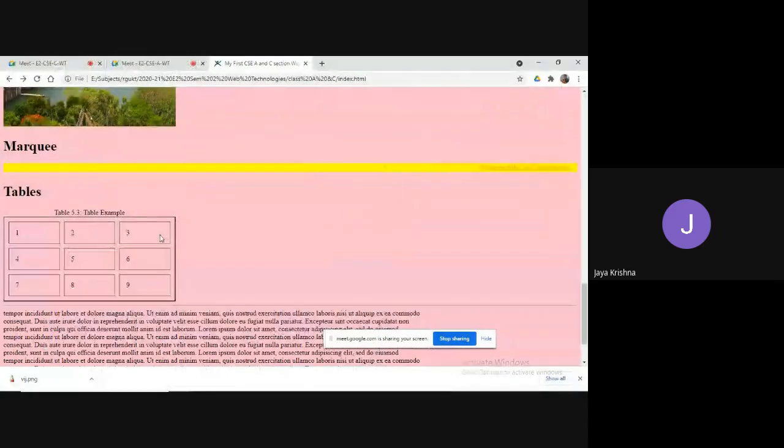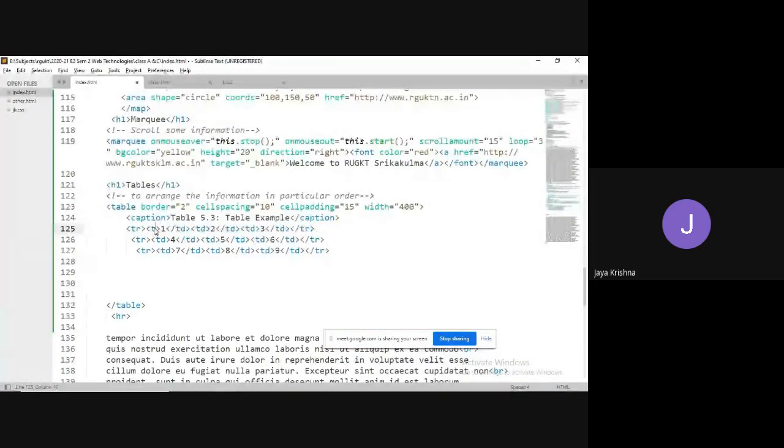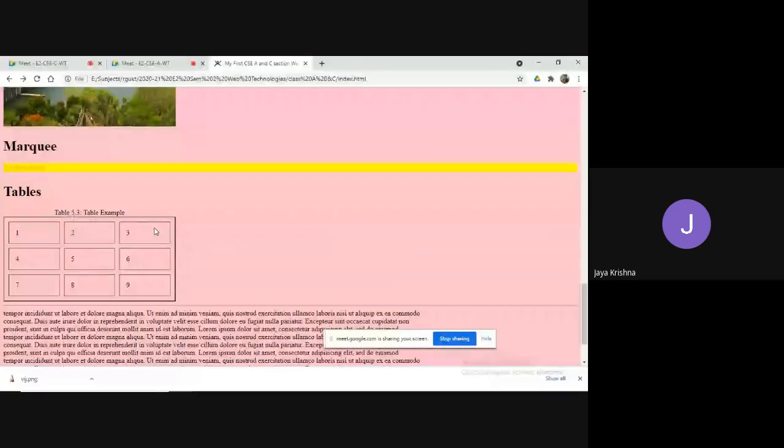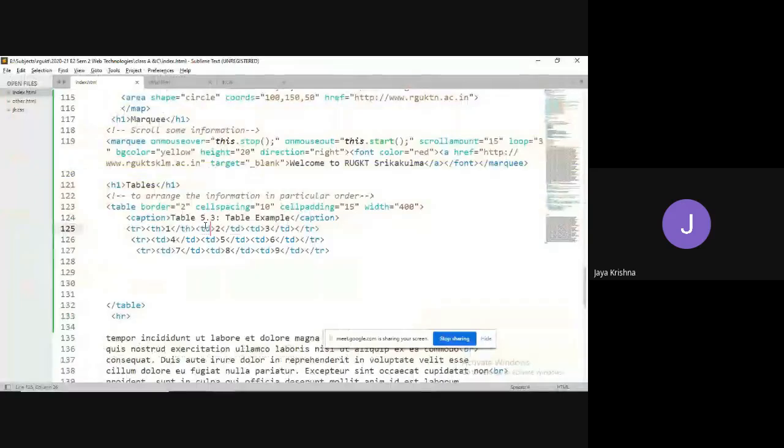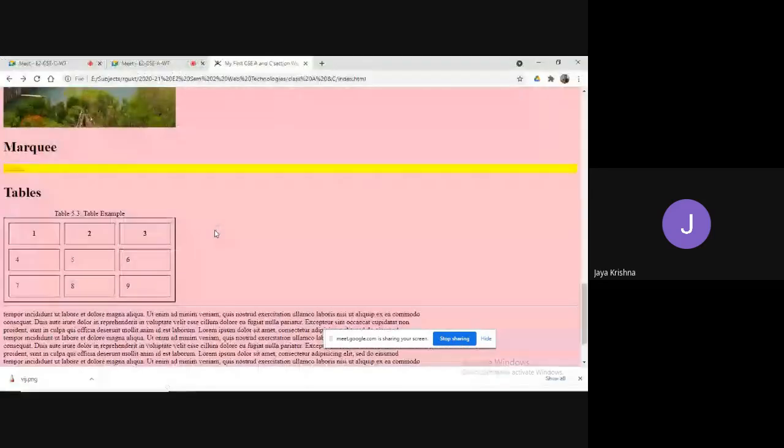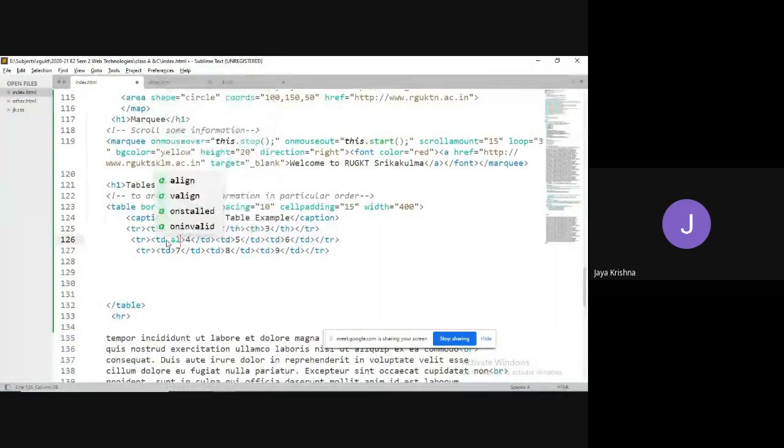So this is where you can create the table. The difference between TD and TH is, if I use TH, it will look bold and it will align to the center directly. All will be aligned to the center and will be in bold format. If you would like to arrange the table data to the center, then I can go for the align attribute. Align equal to center.